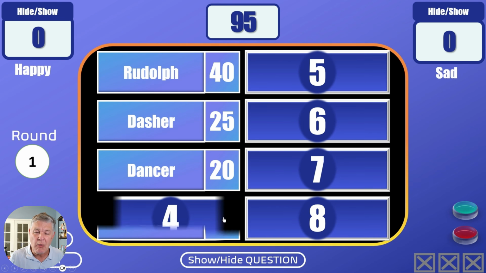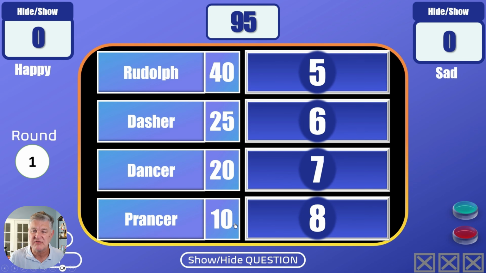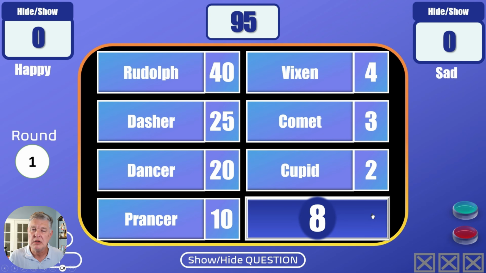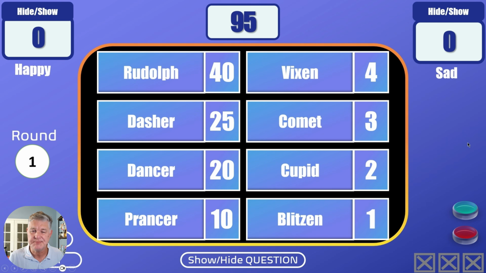So now I click in the rectangle, and I can see the rest. Prancer and Vixen and all of the rest, like that. And then to transfer the points to a team, I'm just going to click on the point above that team. So let's say it was the happy team. I click there,